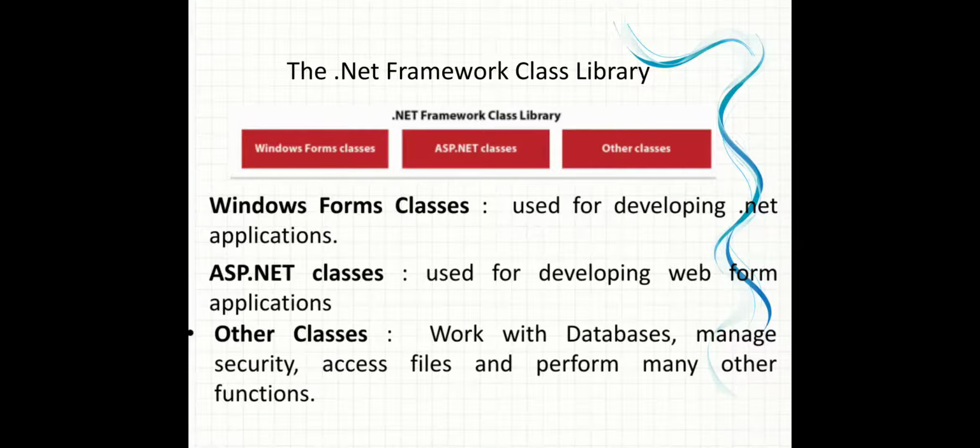The .NET framework class library is organized in a hierarchical structure. Within the structure, related classes are organized into groups, known as namespaces. Each namespace contains the classes used to support a particular function. For example, the System.Windows.Forms namespace contains the classes used to create forms, and the System.Data namespace contains the classes you use to access data. So that is the .NET framework class library.